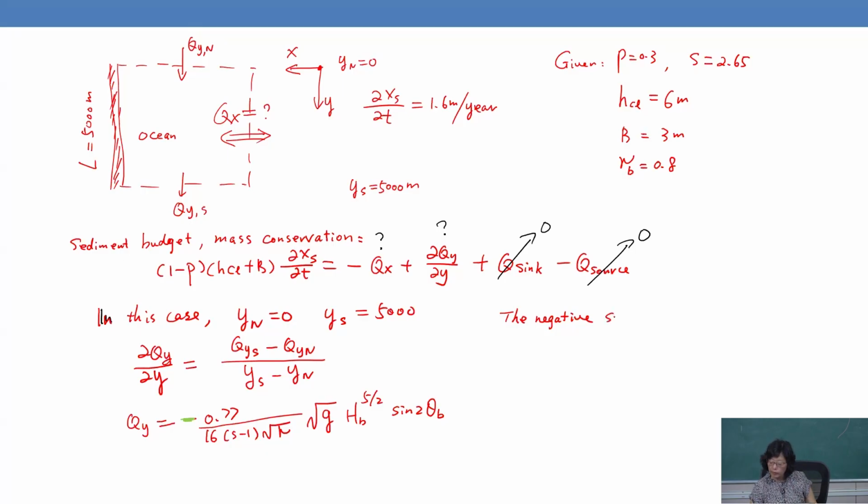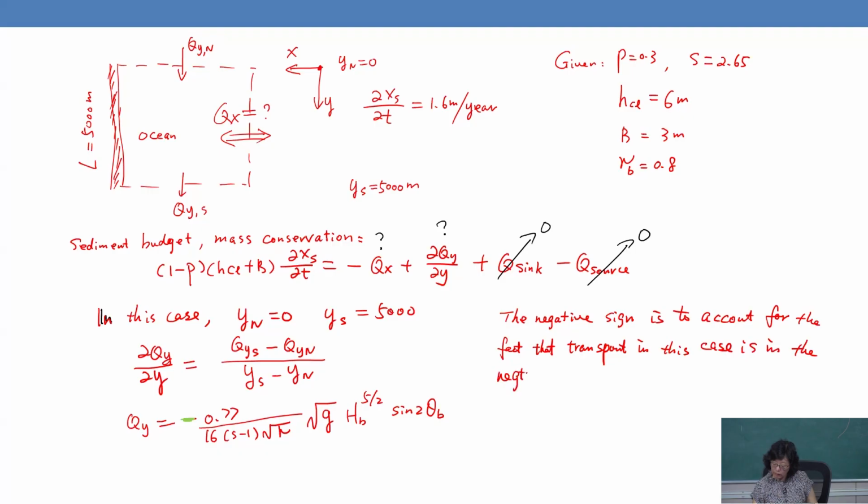The negative sign is to account for the transport, in this case, in negative direction,